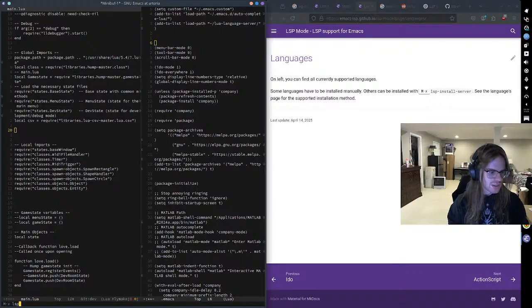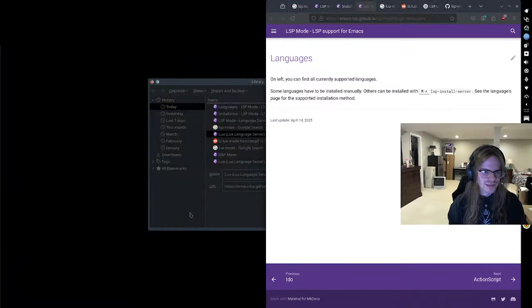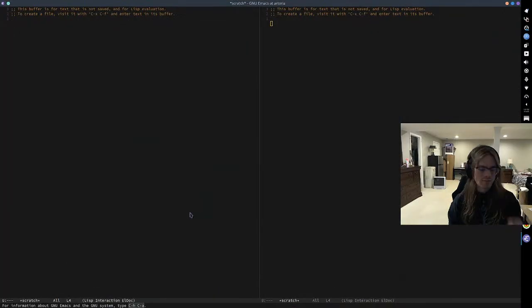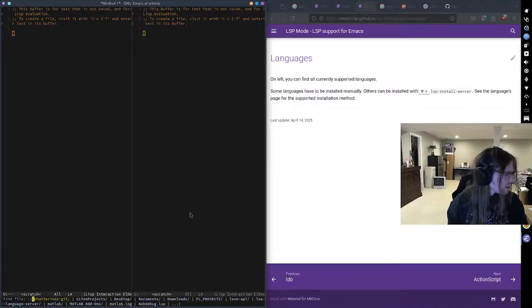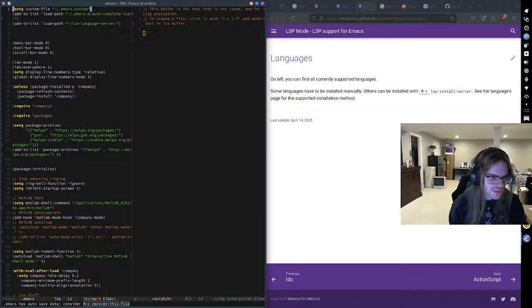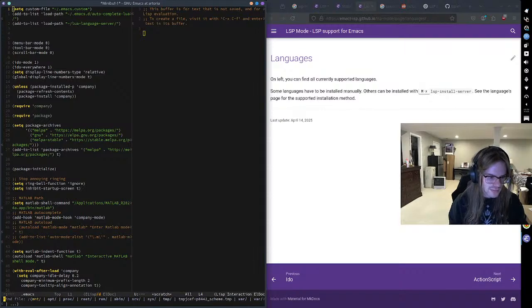Oh, because I just started an LSP server on my config file. Let me just do this. I do not want to save that, actually. And then I will try running LSP describe session. So for my config file, I need to leave that alone. Okay, that looks fine. And if I go to my Lua file,